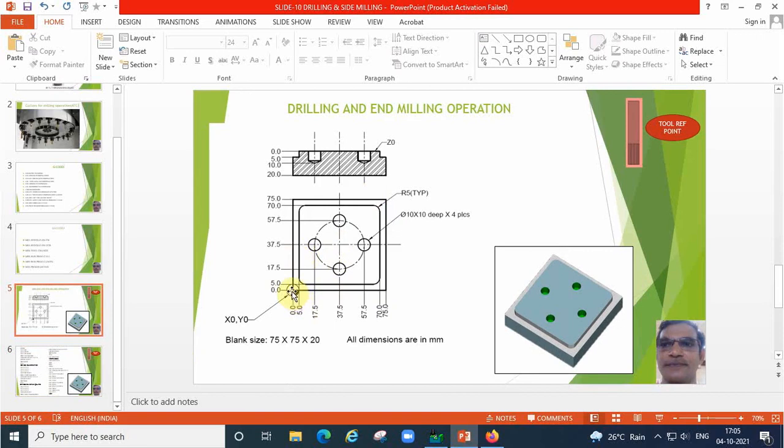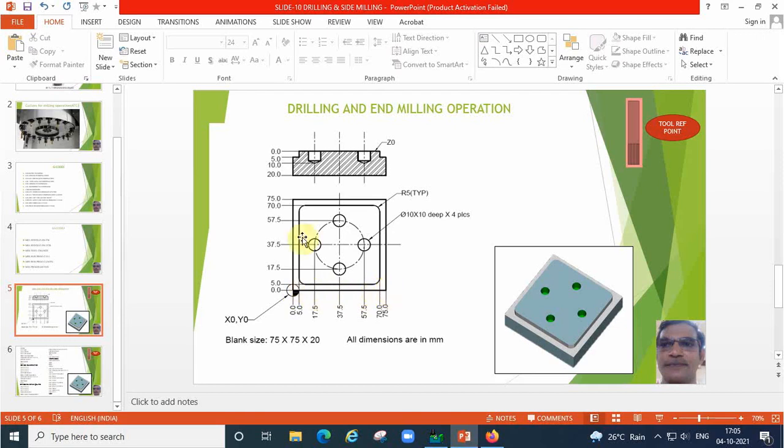This is 0, 0. This is 5 mm. Around the profile a 5 mm gap will be there. That is for the side milling operation. This is X value 17.5, 37.5, 57.5, 70 and 75.